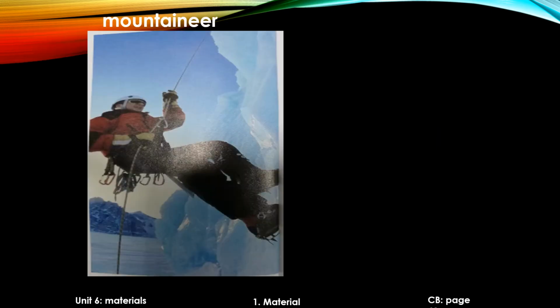Okay, now let's discuss this picture. What can you see in the picture? What is this man? This man is a mountaineer. He is a mountaineer. Is he doing something dangerous? Yes, I think so. So now let's see the questions we have to answer to be able to discuss this